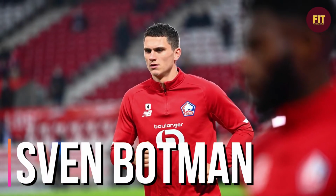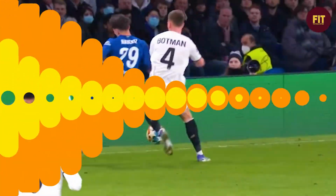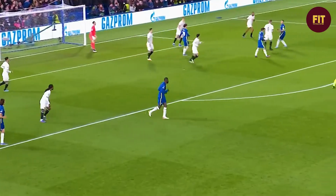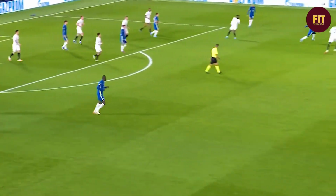Newcastle have signed the Dutch centre-back from Lille for £37 million, which is a bit of a hefty fee for a centre-back most people would not have heard of. But no doubt Newcastle have done their proper scouting on him and decided he's the perfect player for this Newcastle Saudi Arabia project. Now, Botman has been at Lille for only 2 seasons, but in his first season he was